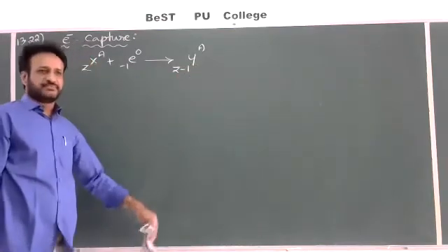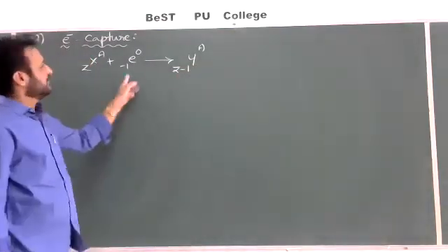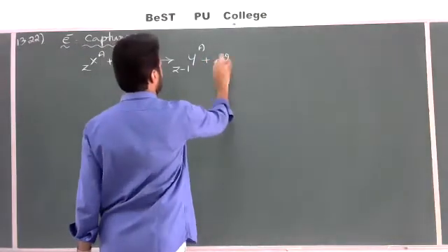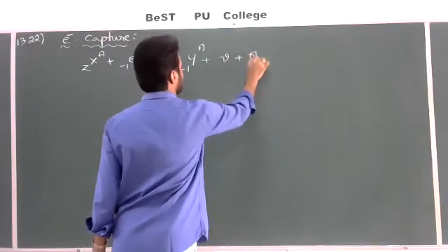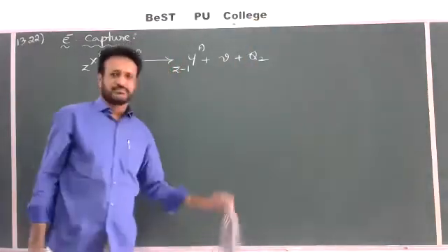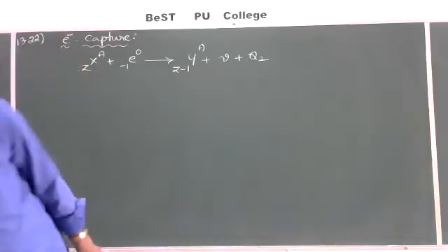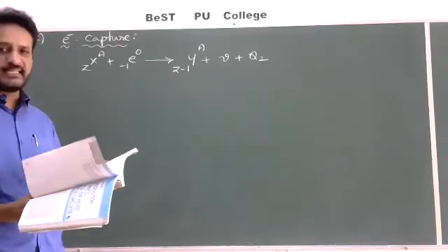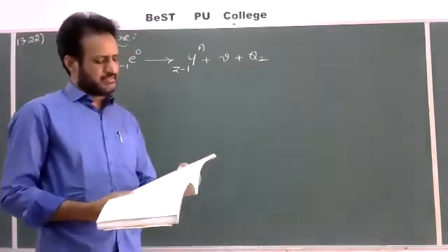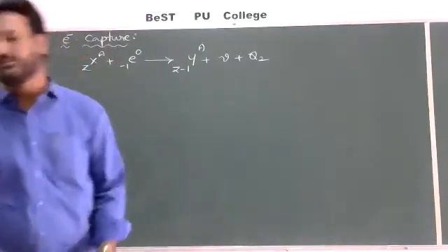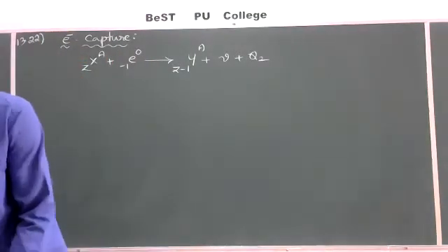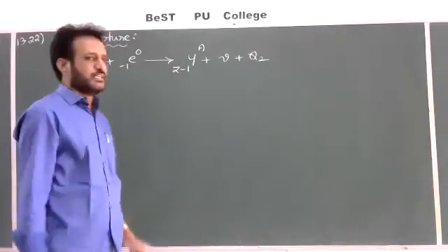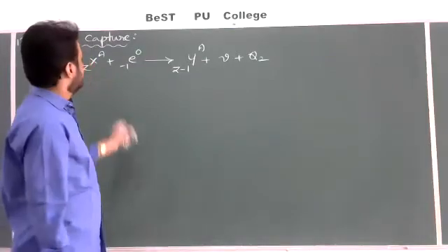Now check the balance. Here left side Z minus 1, right side also Z minus 1. But here the emitted particle will be called a neutrino, nu, plus some amount of energy is equal to Q2. In the textbook also I think they have given the same equation: e minus 1 plus XZA emits Y Z minus 1 plus neutrino plus some amount of energy, which I have written as Q2. Now follow the same process as before, and try to find the Q2 value.